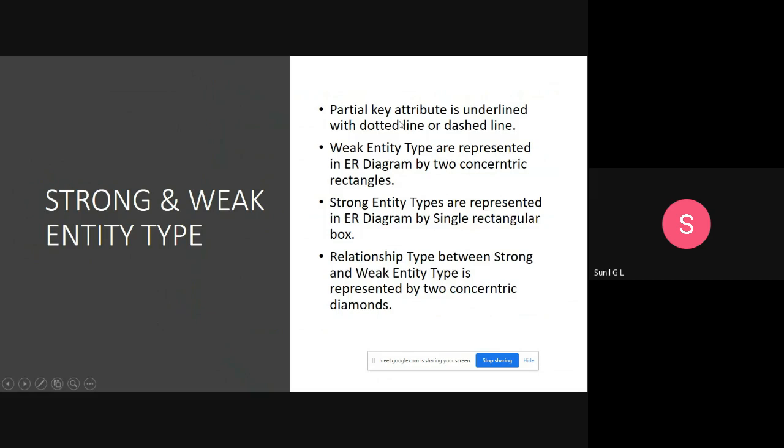Okay, so how will we represent the partial key in an ER diagram? The partial keys are underlined with a dotted or dashed line. In an oval, we will write the weak entity's partial key attribute name, and we will make a dotted line. Then weak entity types are represented in an ER diagram by two concentric rectangles. Okay, if one concentric rectangle is there,